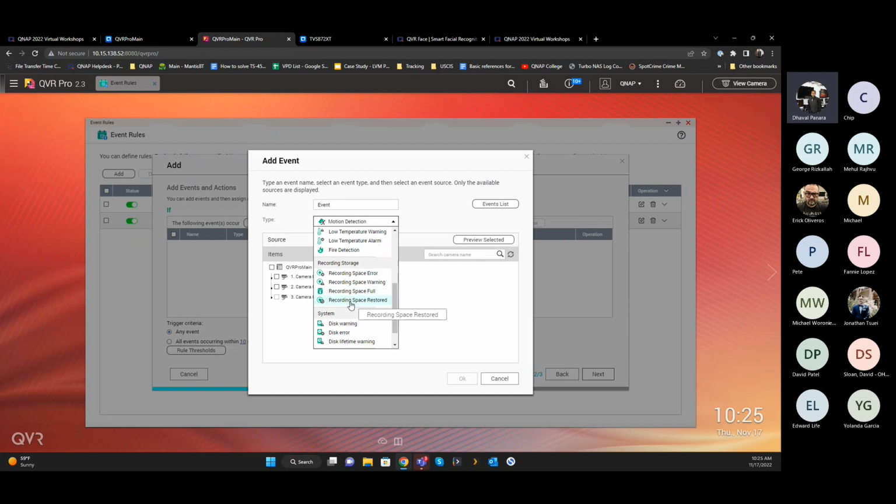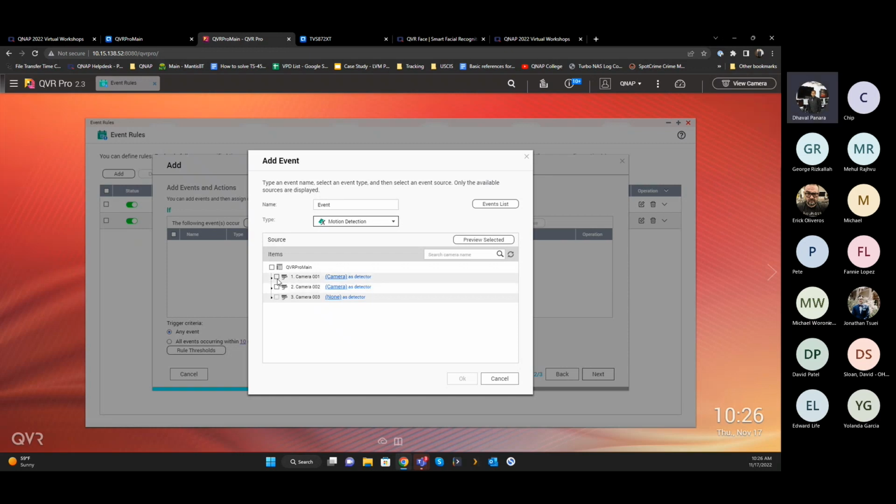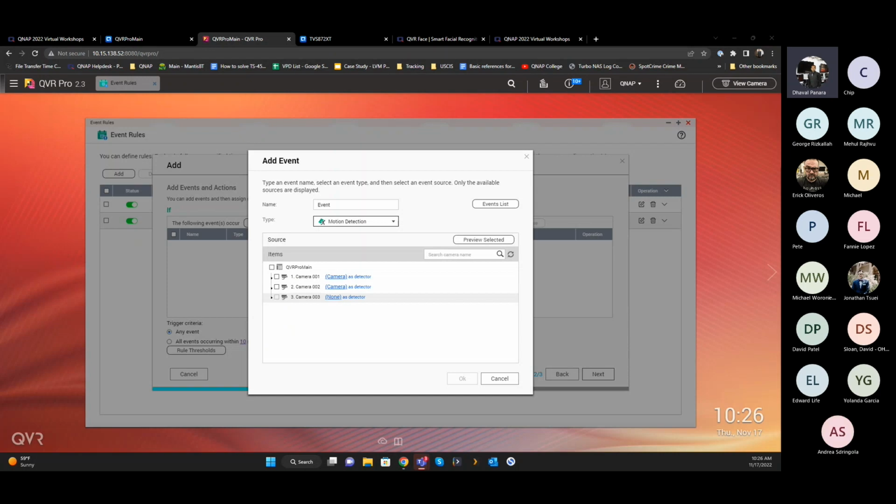I'm going to show you why you need that as well. But you have all these features. Let's focus on motion detection. So once you've selected motion detection, you choose which camera you want to trigger motion detection. Now, before you do that, you have to ensure that motion detection on the camera itself is turned on. QNAP offers motion detection on a couple of cameras in case the camera doesn't support motion detection, but it's only available on 2 cameras instead of all the cameras. So if you have a 10 camera system or 20 camera system, QNAP would not be able to support that, because if the QNAP NAS has to see the recording and